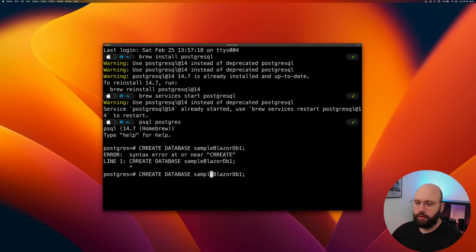So I mistyped create, so let me fix that. And now here we can see that I got my database created. The next step is I just need to grant it to one of the users that I have. So I'm just gonna grant connect on database. It's kind of called sample